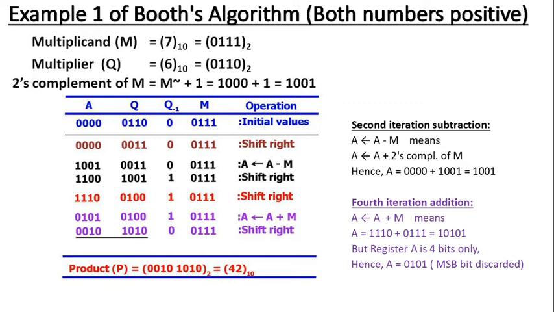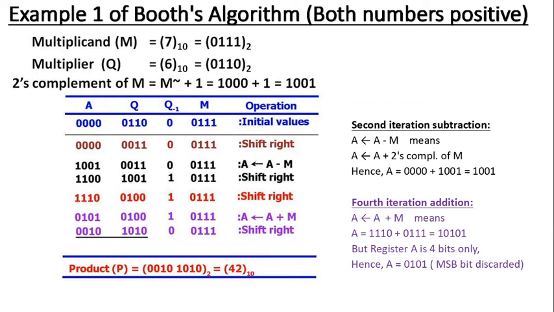Now in this particular explanation, only the left side part is essential. In this slide, whatever is shown up to completion of that table is essential. The right side part, what actions are performed in the 2nd iteration subtraction or the 4th iteration addition, can be done on a rough page. This need not be represented in the exams.